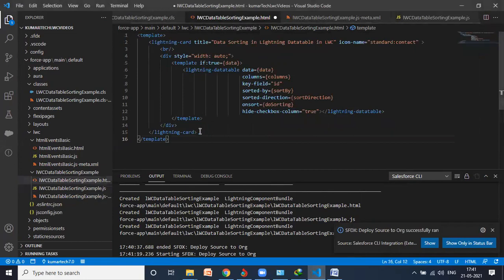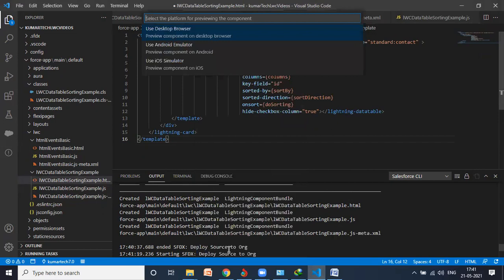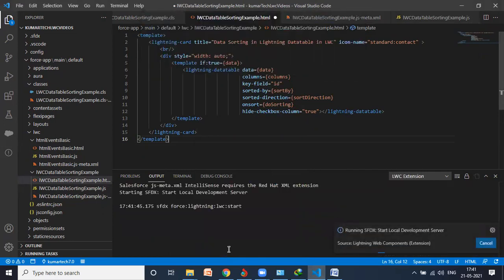Just let me check first. Preview the component locally. Click on this: desktop version, Android version, iOS. I will click on desktop browser. This is the command: sfdx force:lightning:lwc:start.